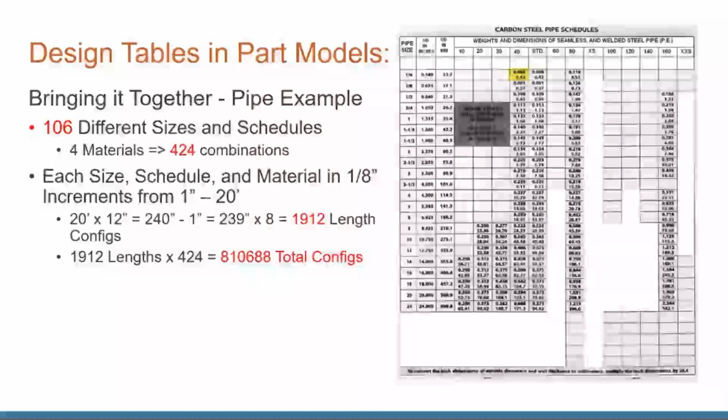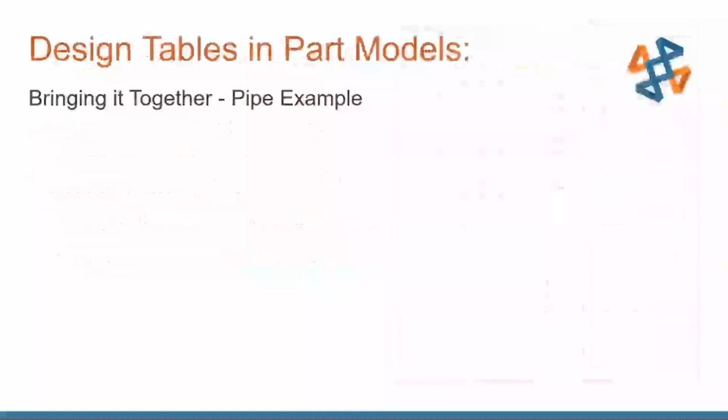And in all honesty, this isn't 100% realistic, because you would never have a pipe that's 24 inches in diameter that's 1 inch long. So yes, there are some configurations that don't make sense, but you can see how quickly something that seems very simple could be hundreds and hundreds of possible configurations, and why using a design table is beneficial for that. Now, in our example, we will also look at a pipe, but I am not going to